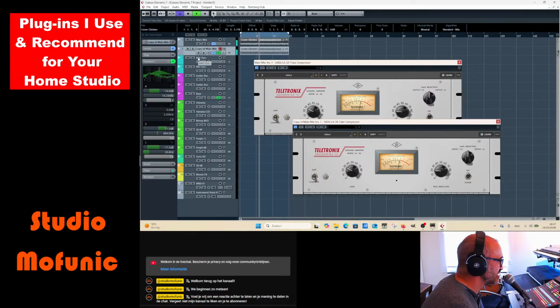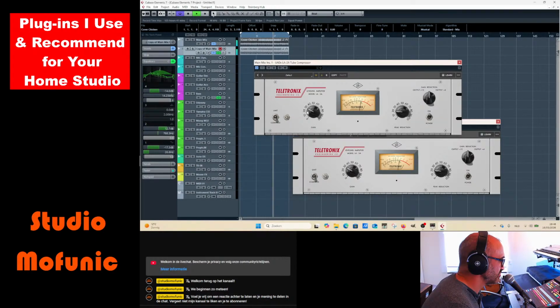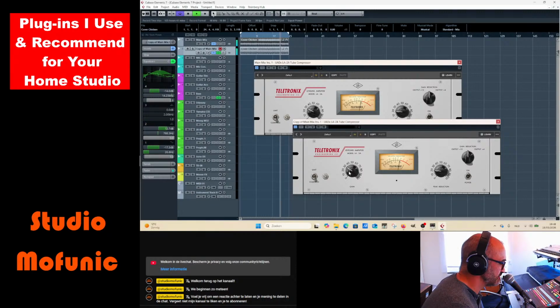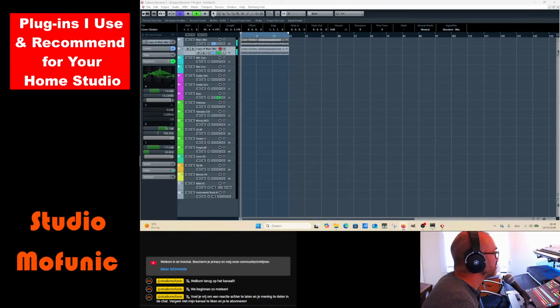Together, now you're going to hear the bass better. You can boost the midfield with your compressor like that. You boost your compressor, and then